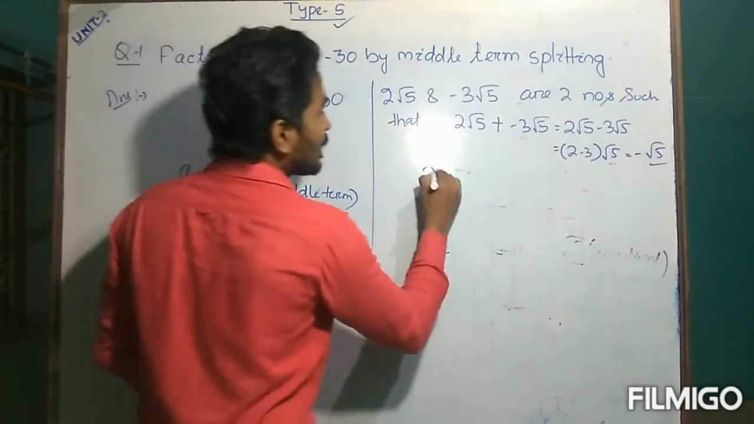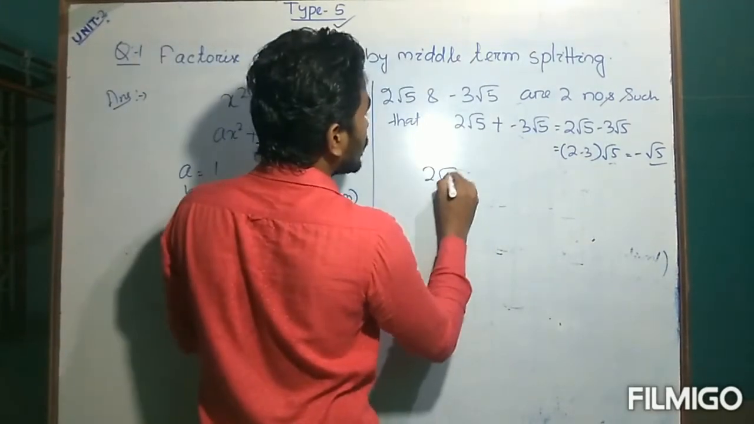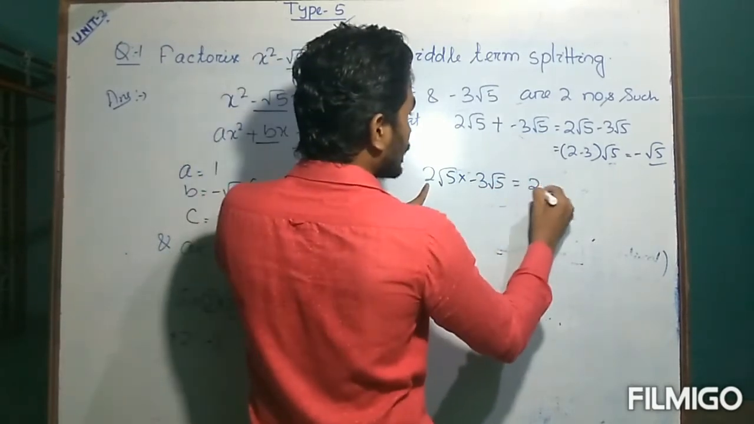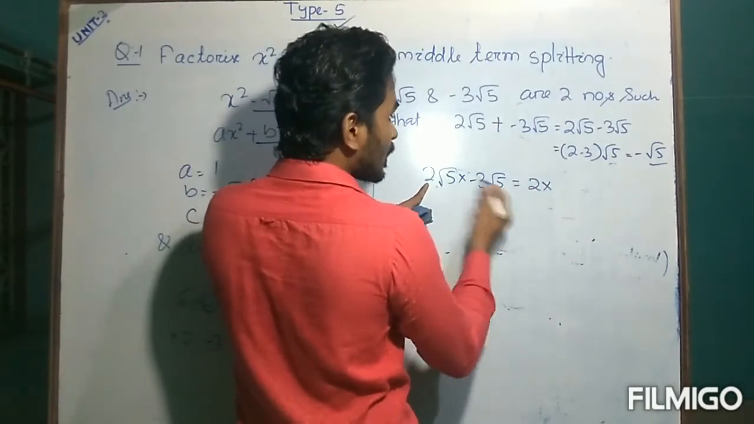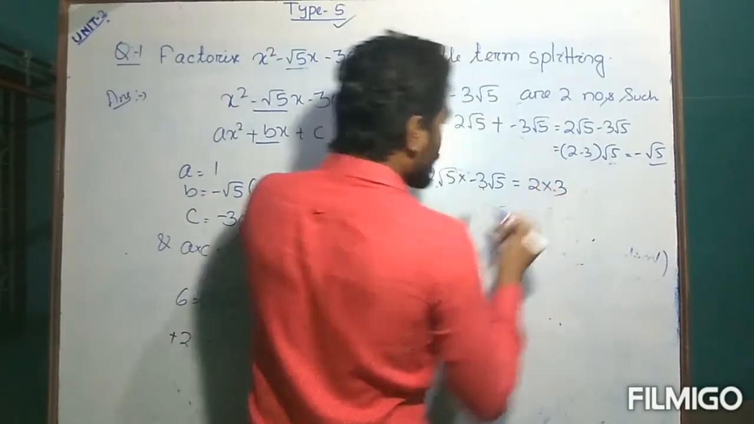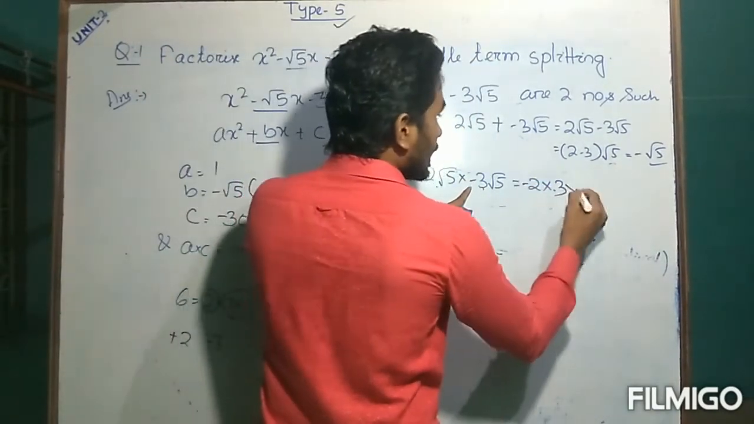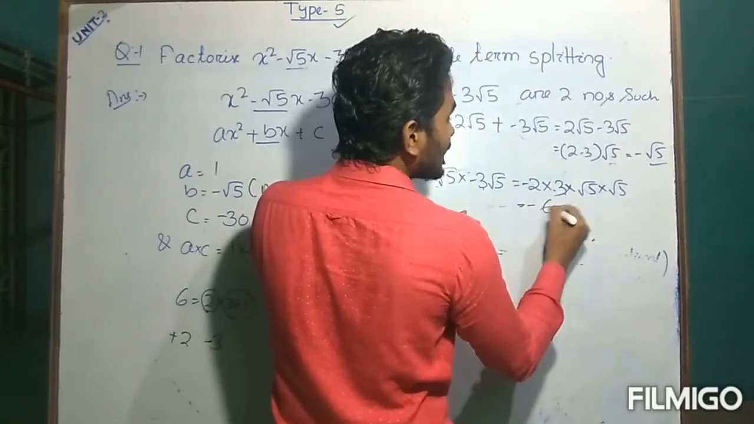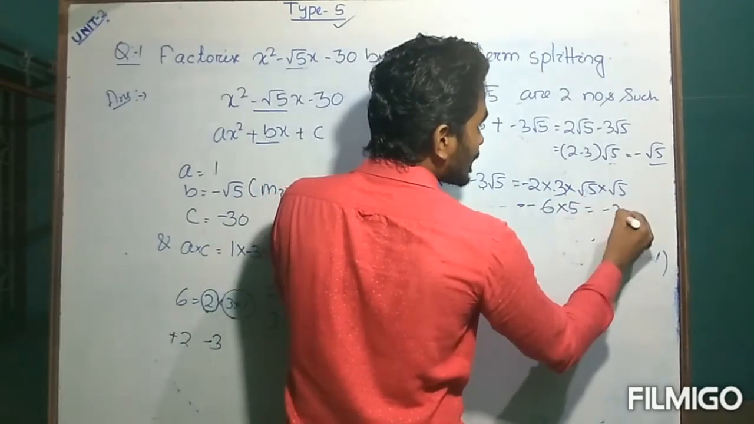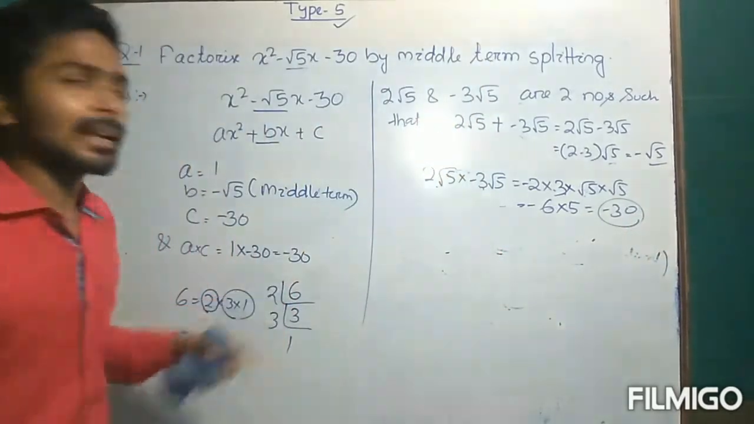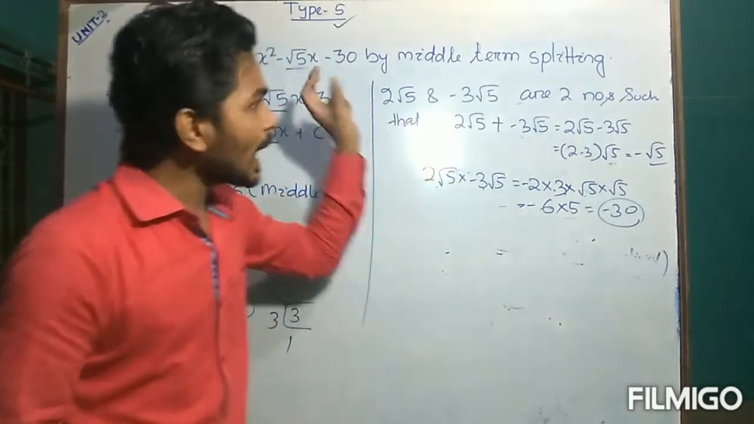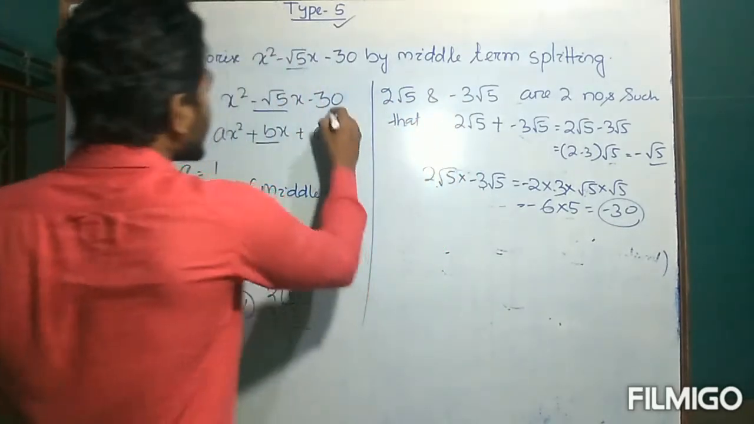And their multiplication, 2 root 5 into minus 3 root 5. Two irrational parts, the minus is always written first. Minus into root 5 into root 5, 2 3s are 6, root 5 root 5 is 5. See, the multiplication also gives minus 30. That means the two numbers that have been split are correct. Hence,